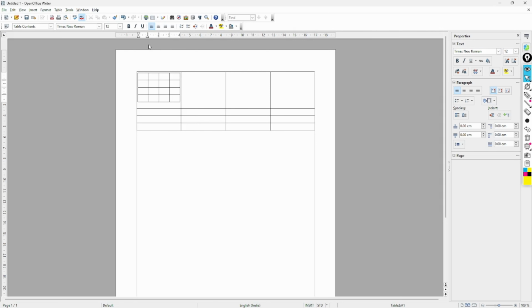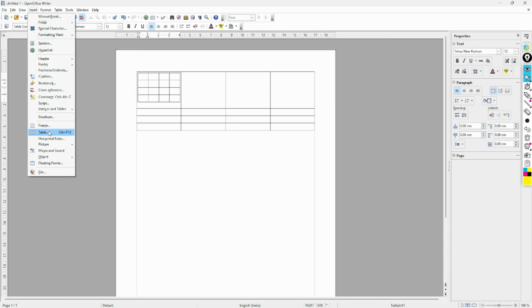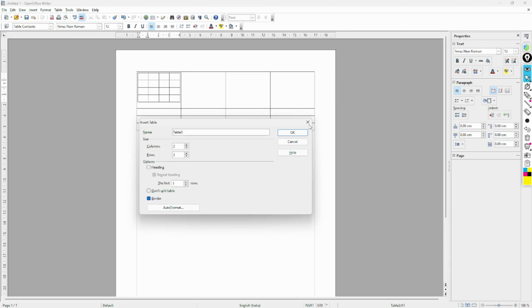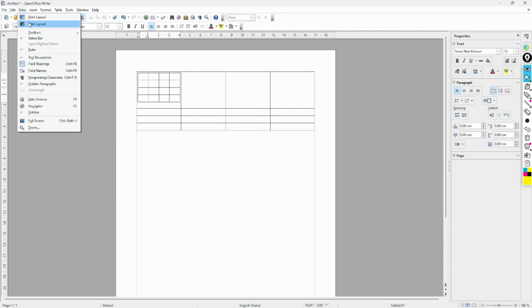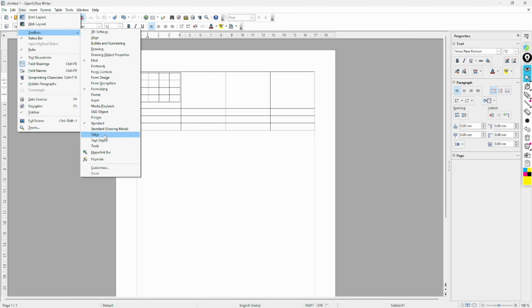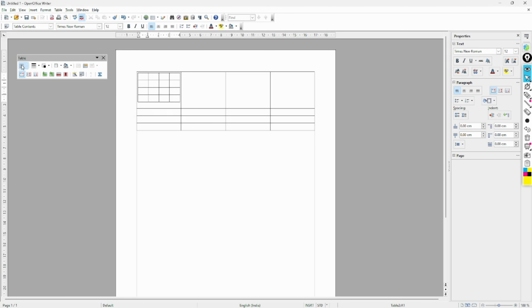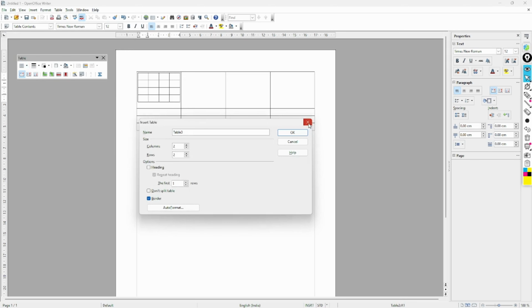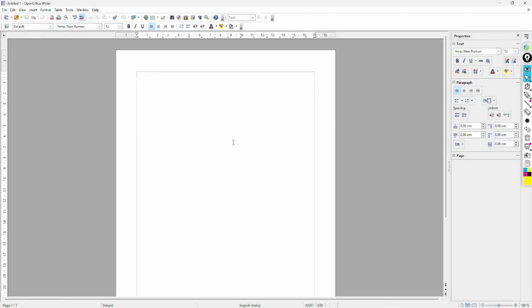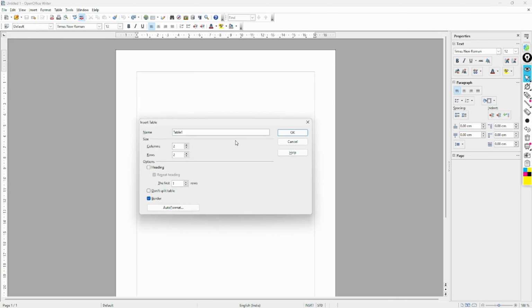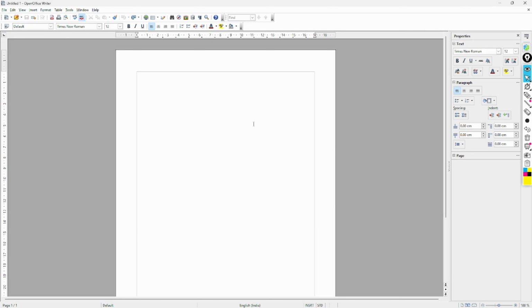First, second, third, then the fourth way, insert table. Correct? Fourth way. Then the fifth way is view, toolbar and table. Correct? And the last one is our best way, shortcut. What is the shortcut? Control plus F12. Right? These are the different ways to create a table.